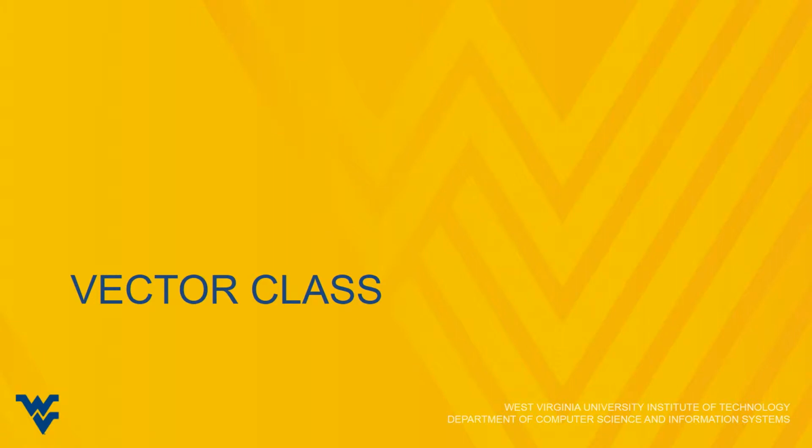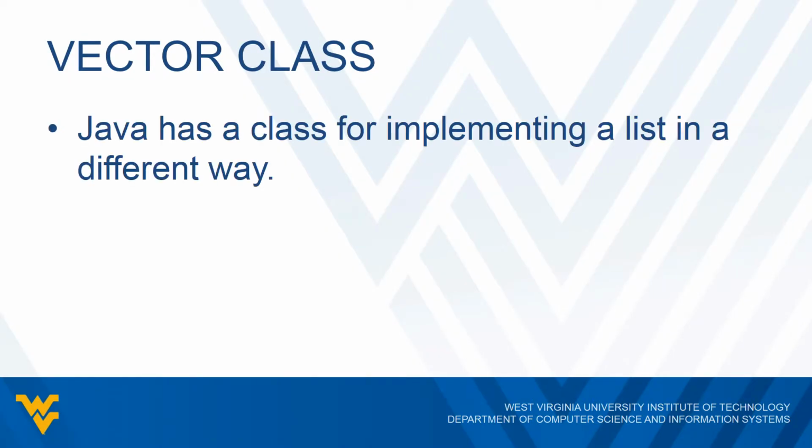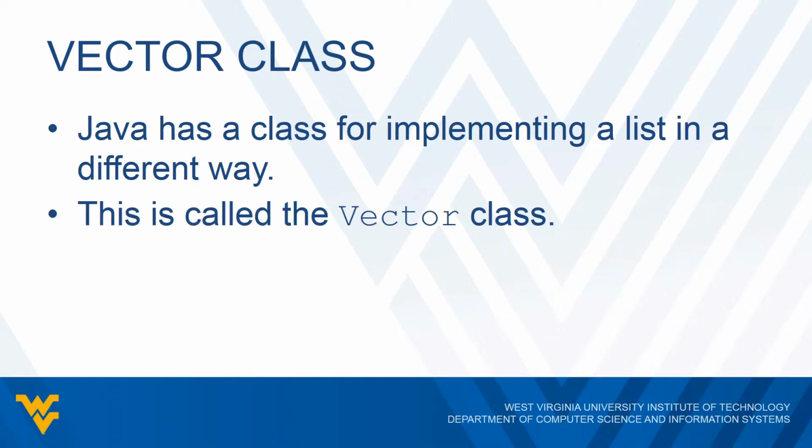We'll now take a look at a different class in Java, which is called the vector class. So Java has another class that gives us a different way for implementing lists. So we've been using arrays so far, and arrays are great, don't get me wrong. It's a very fundamental data structure that's used for organizing lists. But Java does give us a different approach if we want to use it, and this is called the vector